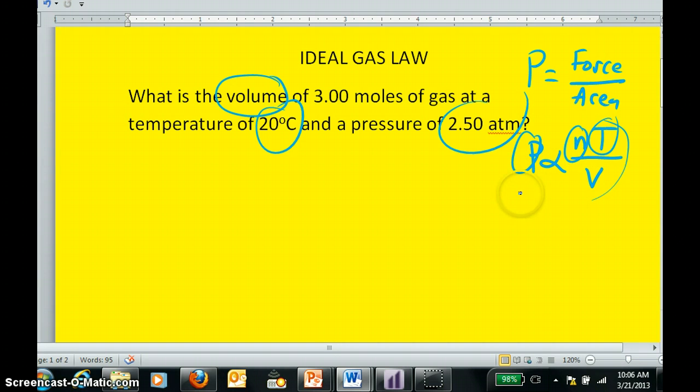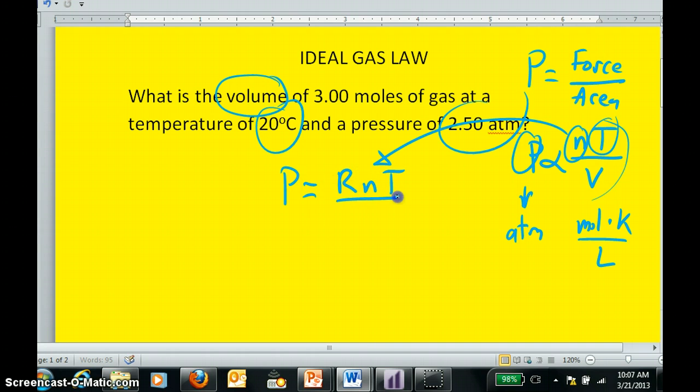But it's not, and here's why. The units of pressure are atmospheres, and the units of moles are moles, and the units of temperature are kelvins, and the units of volume are liters, and an atmosphere doesn't equal a mole kelvin per liter, so this is not an equation. However, it can be made an equation. Like most scientific relationships, you can turn the proportionalities into an equation, often by the addition of a constant. And the constant we need to add to this to make it an equation is something called the ideal